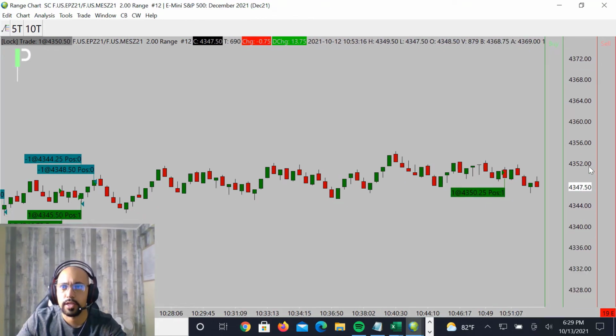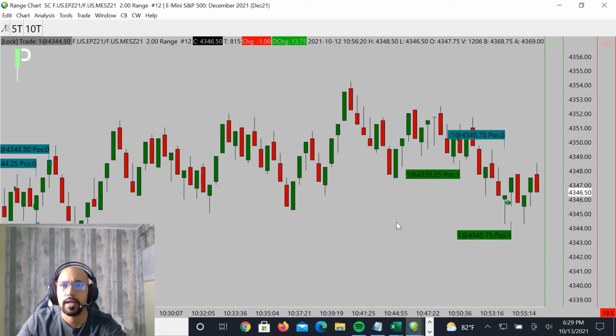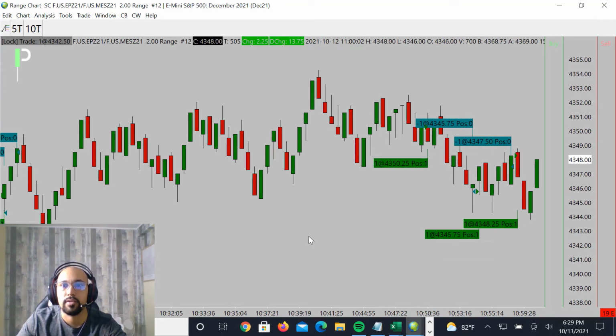Moving over into some other positions that we did end up taking here. We had a long position right off these 43.50 25s, got stopped out at 43.45.75. It was a little bit higher. In fact, I probably should have taken the long if I saw the support on top of that area, but we didn't. It started to fall right back down and we got stopped out there. Had another long position right here, 43.45 75, and we got it up to 43